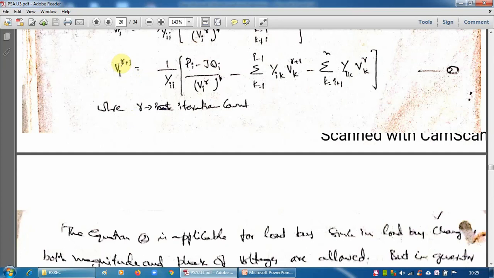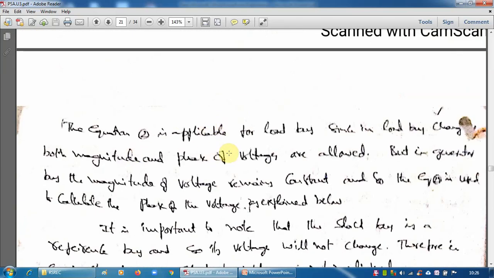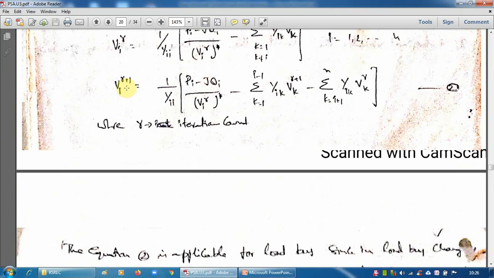What is the letter we denoted for bus voltage angle? Delta. So all magnitude V's and delta are obtained in this equation. Like that calculation of all bus voltages and bus angles is over. And you note here that I am mentioning now one new point. Like that the calculation of all bus voltages and angles using this equation is for load buses only. Okay, new point here, load buses only.